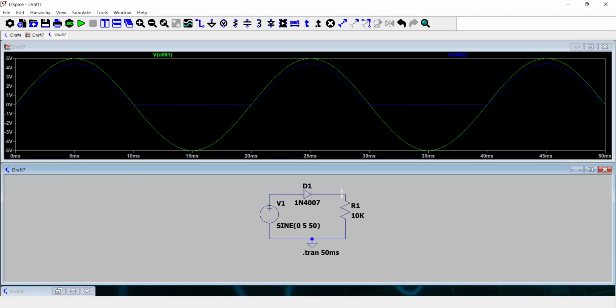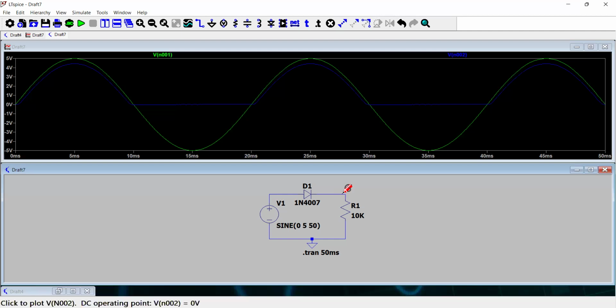And you can see now, the blue waveform is the rectified voltage, and the green waveform is the input voltage. And for sure, the blue waveform is rectified because only the positive half cycles pass through, and